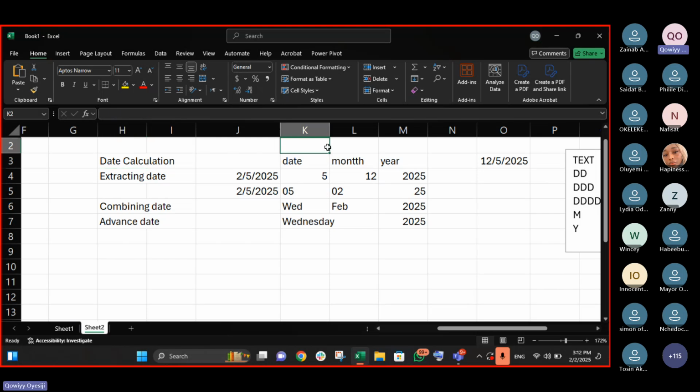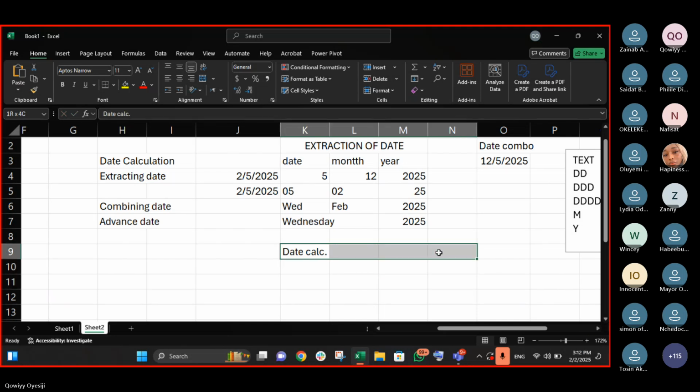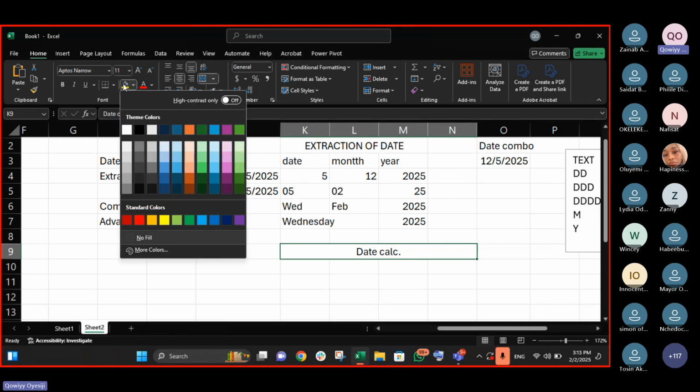So let me call this extraction of dates. Combine this combination. So now this calculation. In fact, the advanced dates also fall under this.